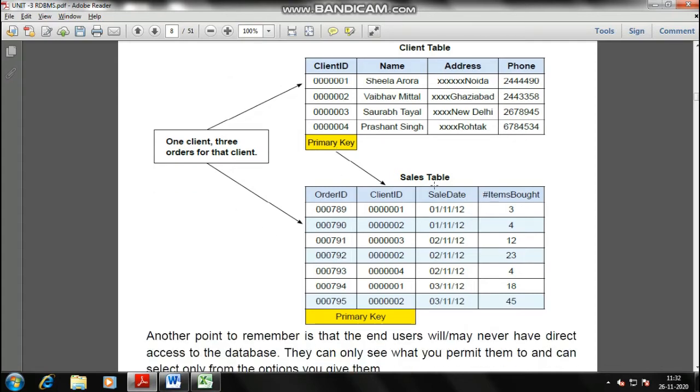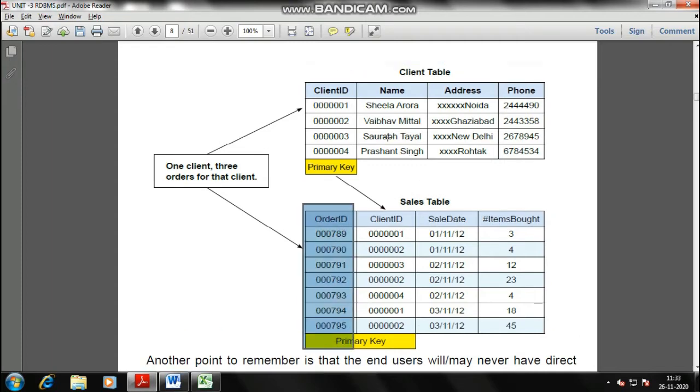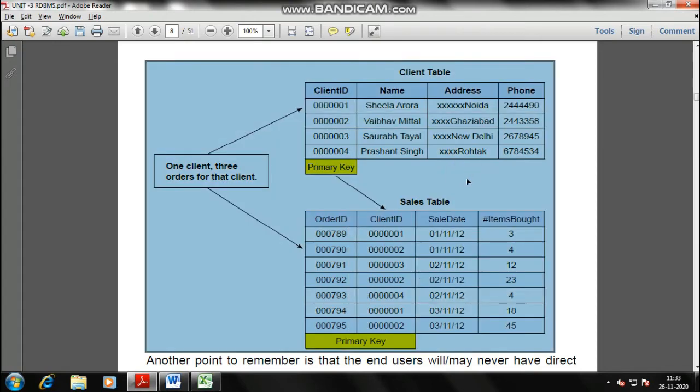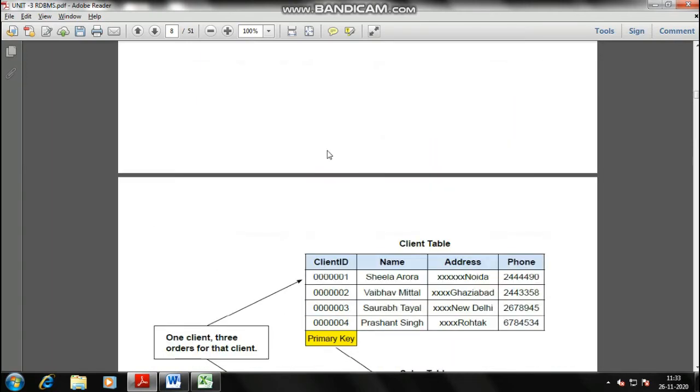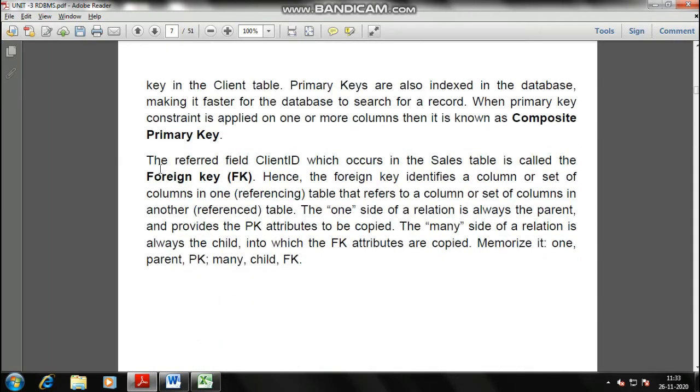In the sales table, order ID is the primary key. So client ID is the primary key of the client table, order ID is the primary key of the sales table, and the other one is the foreign key. Foreign key is basically the referral key, right? The referred field client ID which occurs in the sales table is known as the foreign key.